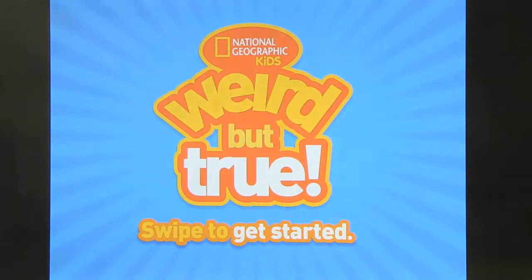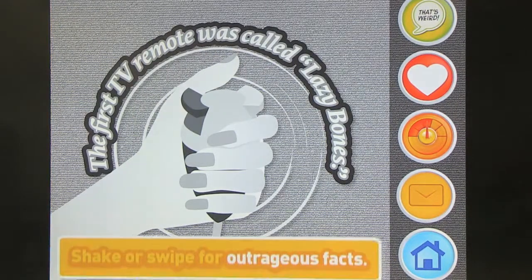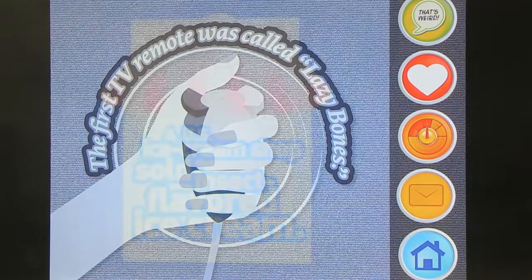So that's another option. The third option I want to talk about is National Geographic Kids. And National Geographic is a well-known brand, and they've got an app for kids which is fantastic. So in this app, you have some things that are free, and then you have to pay for extra content. And you can choose a topic. In this case, you can shake it all about